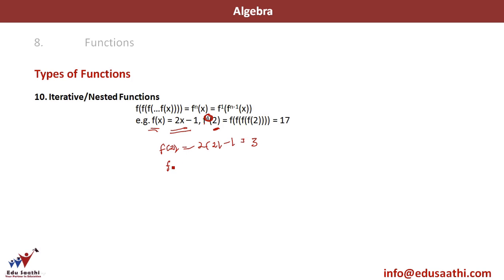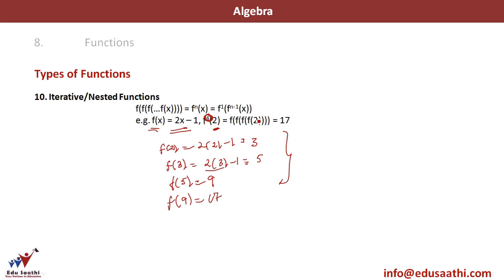For the next f, my input will be 3. So it will be 2 into 3 minus 1, which will be 6 minus 1, 5. For the next f, my input will be 5. My output will be 9. For the next f, my input will be 9. My output will be 17 that I have. So if you look here,